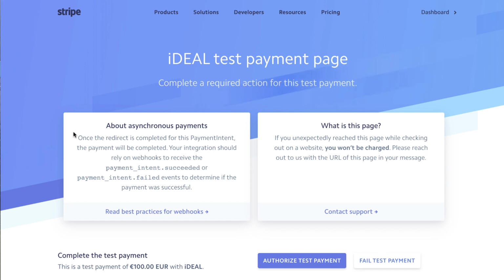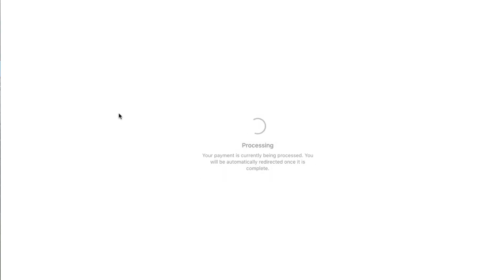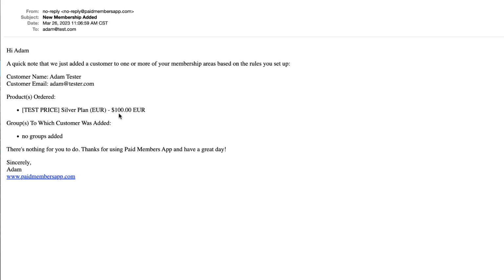They also have this little note about asynchronous payments. It says that you should be relying on webhooks, and if you use Paid Members app, you connect your Stripe account to us, we listen for these webhooks and only unlock paid content for your customers when the payment intent succeeded, when the customer's payment succeeds, and Stripe sends us this thing called payment intent succeeded. And then you can either send an email to your customer so they can log in, or you can send them to a login page on your website, which I'll demonstrate here. We're sending them to this